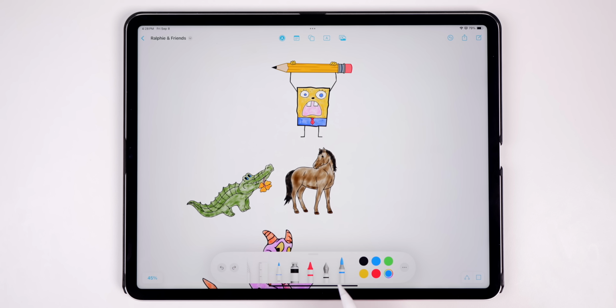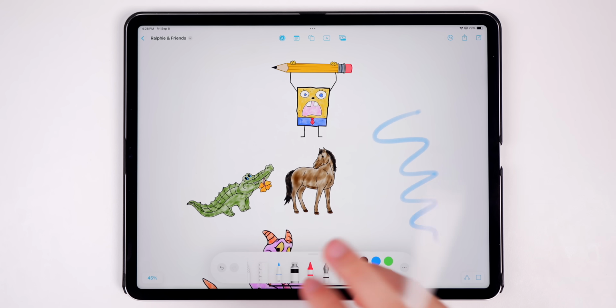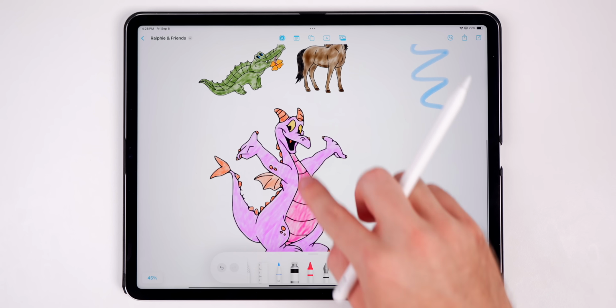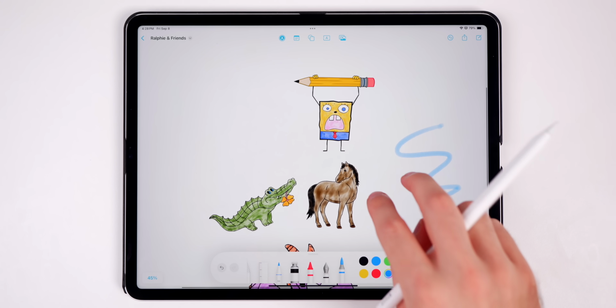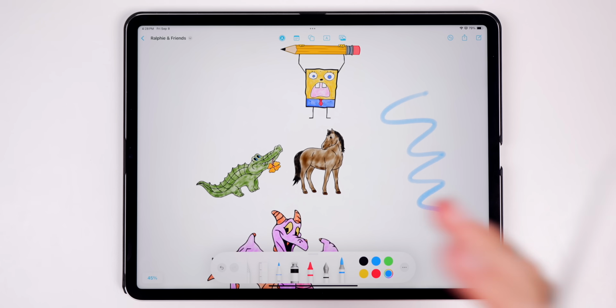application, mainly because of this new brush right here. This is the watercolor brush, and that's actually what I drew all these characters in with. That's what I colored them in with, was this watercolor brush. I think this makes Freeform so much better when you want to color or just draw in things. It's awesome. So we have that one, and then we have the one right next to it, which is new